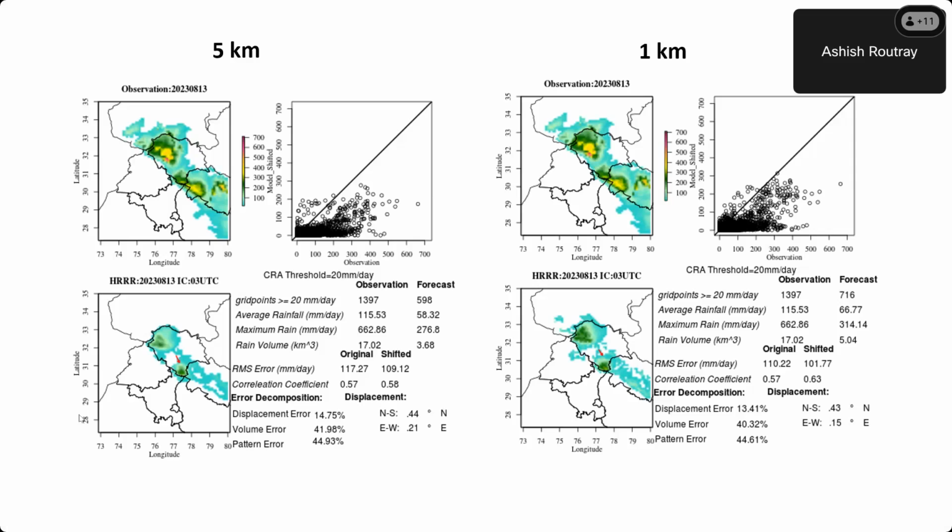This is my last slide. The message is that if you have a high resolution HRR system over this region, it is capable of picking the rainfall, but in certain cases the heavy rainfall is missing because we are not able to assimilate high spatial and temporal observations and reflectivity. So work is now going on on how to assimilate the reflectivity over that region.